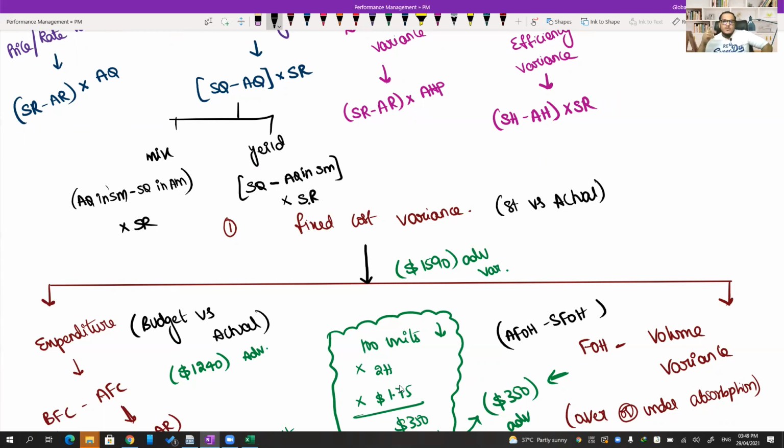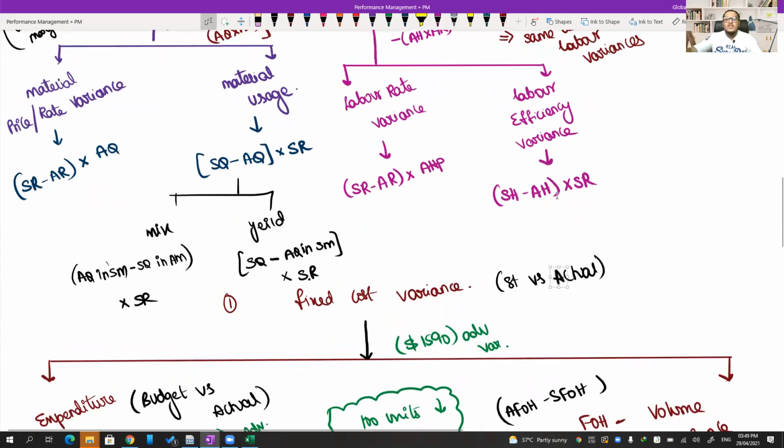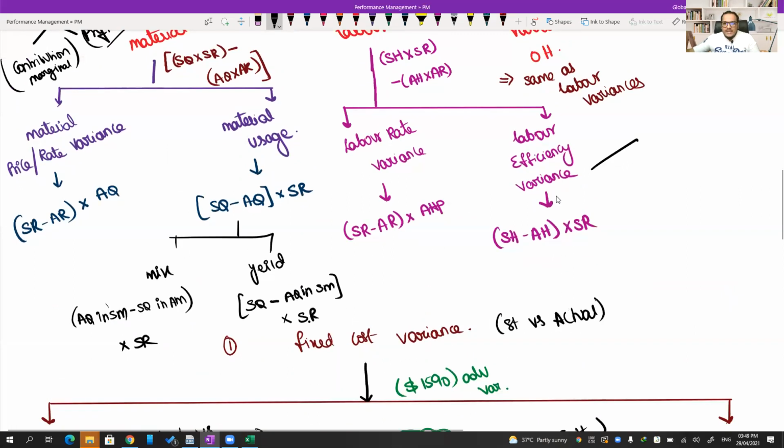Apply that for labor. It makes more sense for the labor. Try applying that for labor. It makes much more sense when we do that for the labor. See, labor efficiency variance is there. How good the labor are working. So I'm going to change it to make labor mix variance and labor yield variance. So mix variance is calculated as actual labor in actual mix and actual labor in standard mix. I'm going to change this to standard mix first because cost is always standard minus actual.